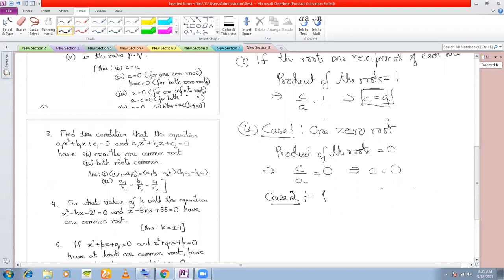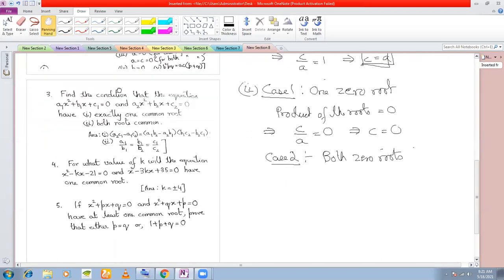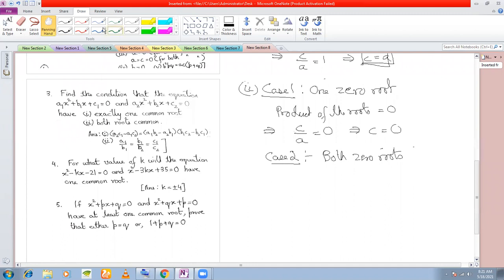Both roots 0, both 0 roots. In this case, what can I say about the sum and the product? I can say the sum has to be 0 as well as the product has to be 0, isn't it? Yes, sir. Sum of the roots is equal to 0 and product of the roots